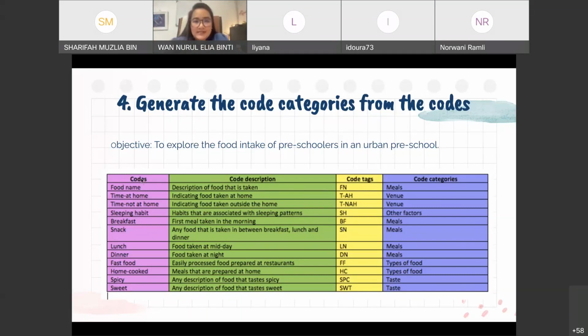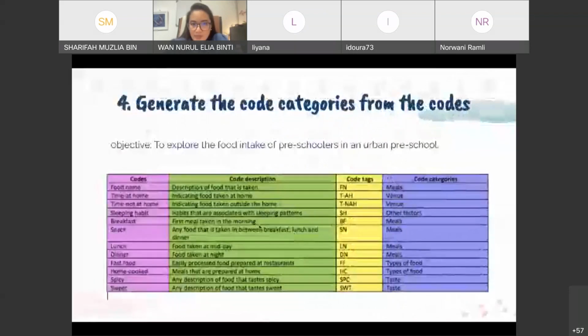Okay, now let's say from all these food codes, from the pink column, you want to look at the purple column now, the code categories. All these codes can actually be categorized into smaller categories. So now we have food name is meals; under meals, snack is considered as meals as well.